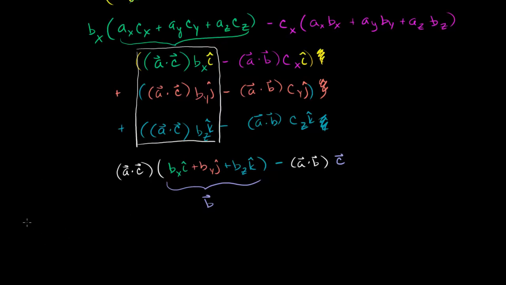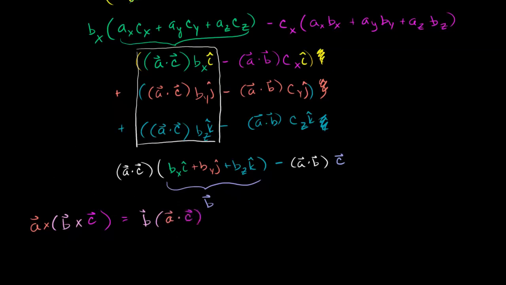If I have, I'll try to color code it, a cross b cross c, we just saw that this is going to be equivalent to, and one way to think about it is, you take the first vector times the dot product of the first vector in this second dot product, the one that we have our parentheses around, the one we would have to do first. You take your first vector there, so it's vector b, and you multiply that times the dot product of the other two vectors. So a dot c,